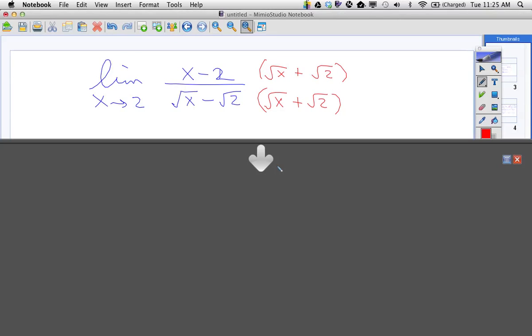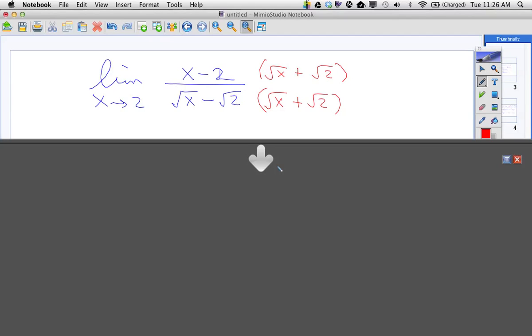You're done. If you get 0 over 0, you keep going, and that's when you do one of the other 3 techniques. Factor and cancel, which is the easiest one. Common denominator, which is easy to see because you got fractions in there, fractions inside of fractions. And then the other one, if you have radicals, it's the conjugate. So this one starts out looking like this,